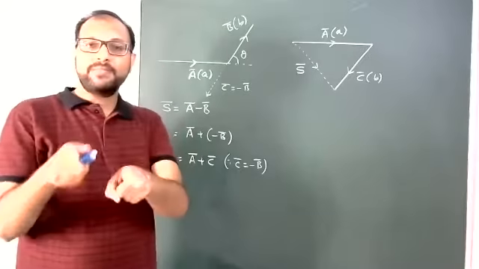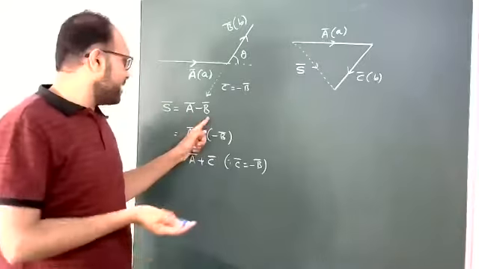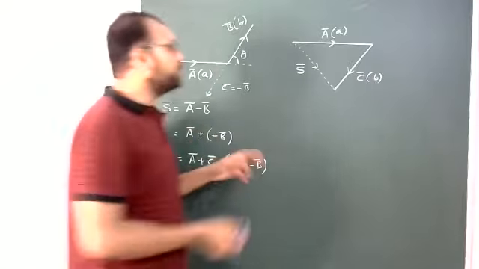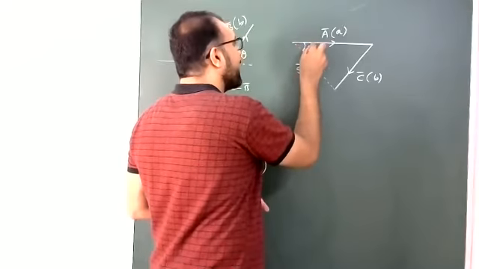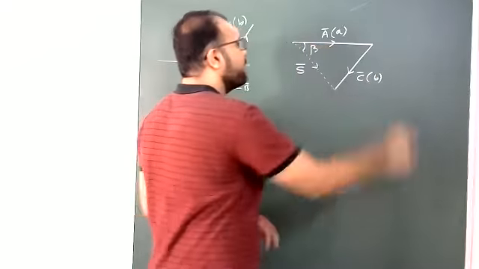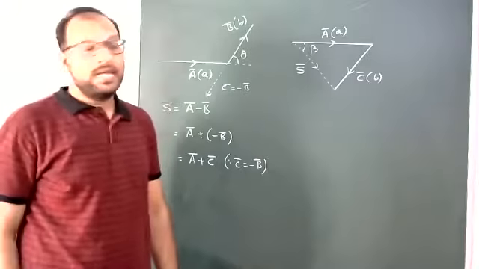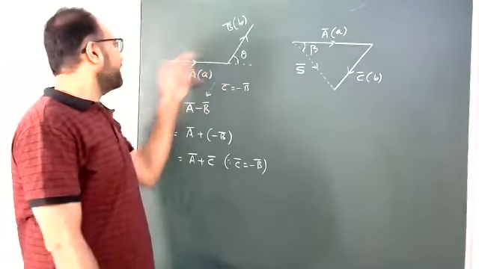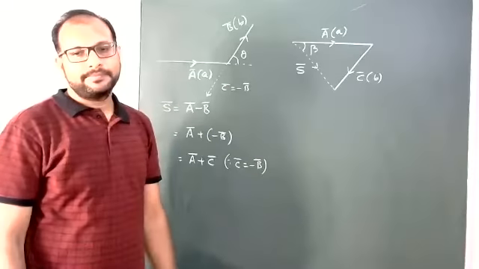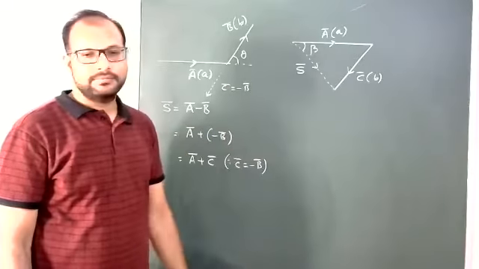Indirectly, what is S bar? S bar is A bar minus B bar. See, A bar minus B bar. Now this S bar is making an angle beta with A bar, but not on the B bar side. Opposite to B bar, not this side, this side. This is the angle beta.